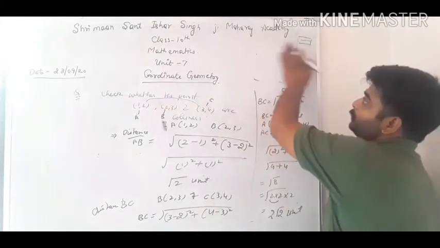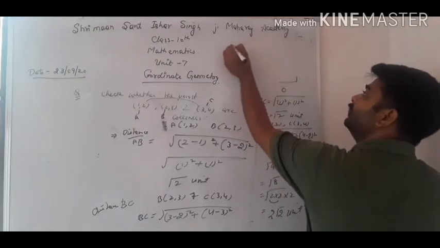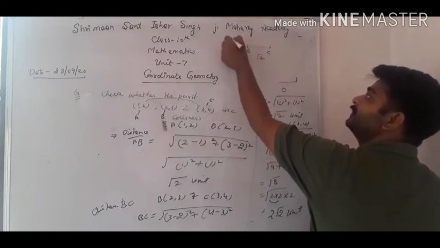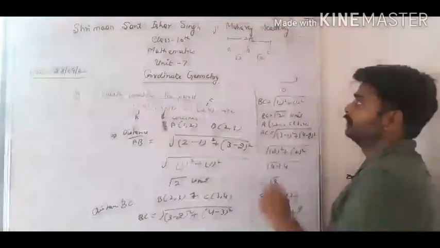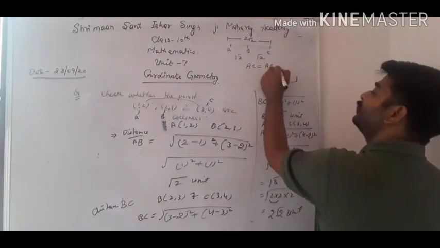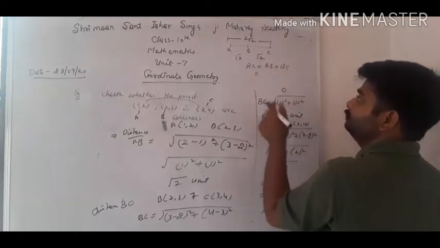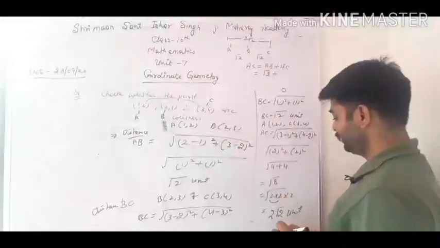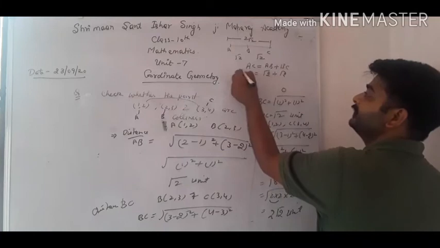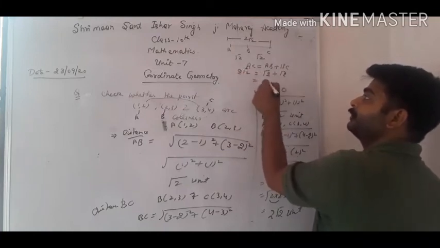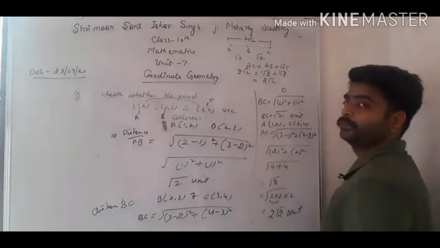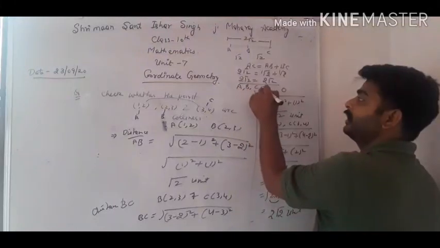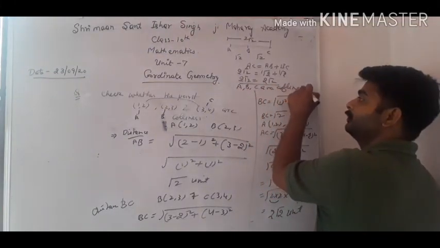So I'm going to rub this part. I'm writing here. For collinear, points A, B and C, AB is root 2, BC is root 2 and this is 2 root 2. Any doubt, class? Now AC should equal AB plus BC. What is AB? AB is root 2. What is BC? BC again is root 2. What is AC? It's 2 root 2. So class, if root 2 is common, then we can write 2 root 2, 1 plus 1 is 2 and root 2 is common. So if these are equal, then we will say A, B, C are collinear. Got it, class?